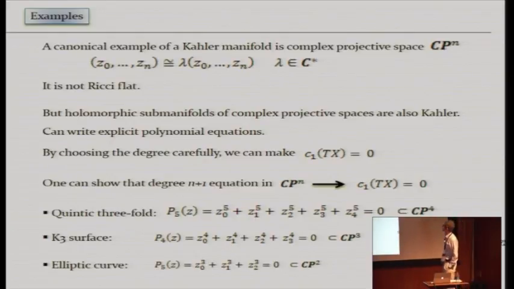Okay? This works in any dimension, so just quickly do some other examples, right? So if you do this in CP3, take a hypersurface of degree 4 in CP3, that gives you a 4-manifold, or complex surface, which is Calabi-Yau. That's the famous K3 surface, which you might have heard of. And of course, if you take an equation of degree 3 in CP2, you have to get a Ricci-flat Riemann surface. That's got to be the 2-torus. Of course, that's a 2-torus. Elliptic curve, it's also called.